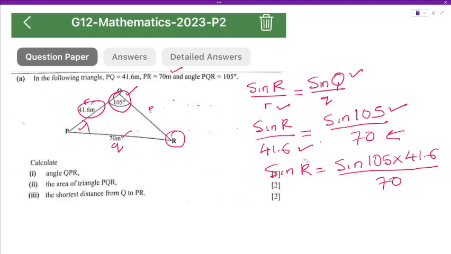I'll show you how you are going to now move the sine from the left side of the cosine to the right side of the cosine. For now, let us solve this side, okay? So allow me to push it to somewhere here, because we're going to get a long decimal. We're going to say sine r is equal to, so we punch everything up here, which is sine 105, the numerator part, sine 105,